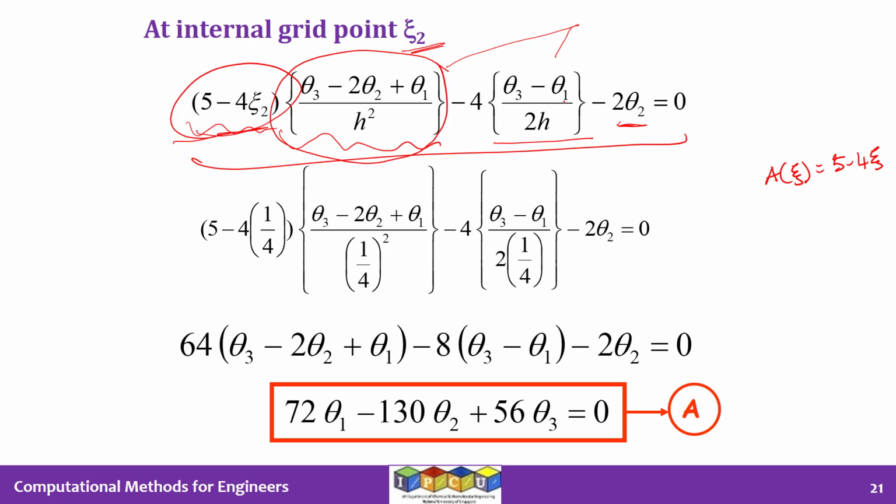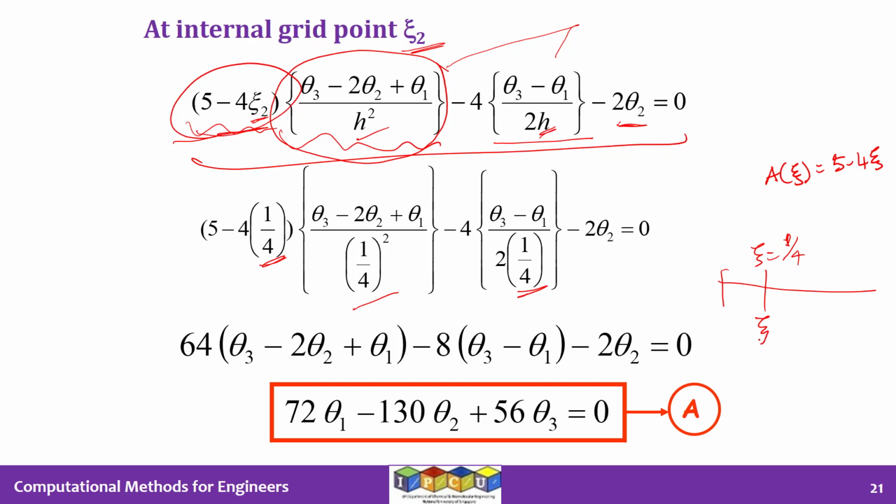So this is fine. So now we can substitute the values that we know. All right. So for h, we have chosen the value 1 by 4. So wherever you see h, you can put 1 by 4. So h squared is replaced by 1 by 4 squared. And wherever you see psi 2, you can replace it by 1 by 4, because psi 2 is located at psi equal to 1 by 4, because h is 0.25.